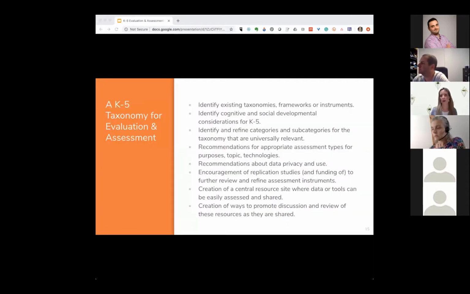So the first key priority we thought was to establish a universal taxonomy of assessment, including both cognitive and non-cognitive factors for K-5 learners. And this taxonomy would address key elements, including knowledge and skills, processes and product assessment, and their growth and mastery over time. A synthesis of existing instruments, frameworks and learning sequences used by both teachers and researchers could really lay that foundation for informing the development of this space.